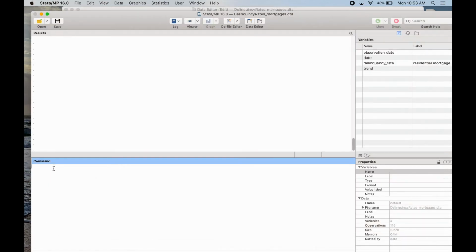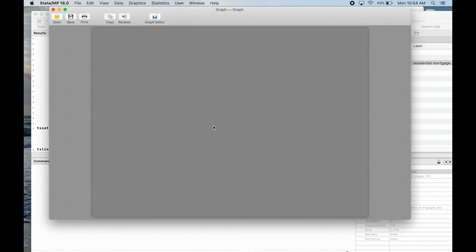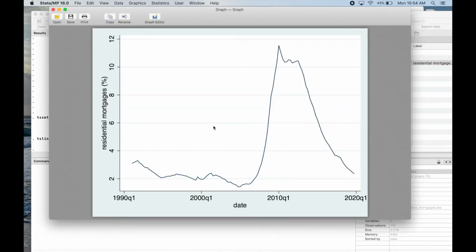All right, to test for a unit root, the first thing we need to do with any time series is tsset the data, and we see it's the quarterly frequency. Then to check for a unit root, I always recommend looking at the series first, using the tsline command,